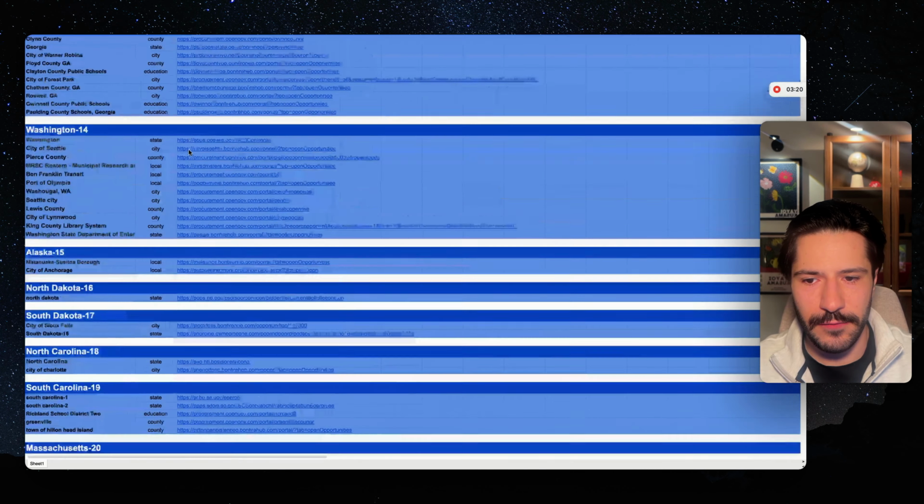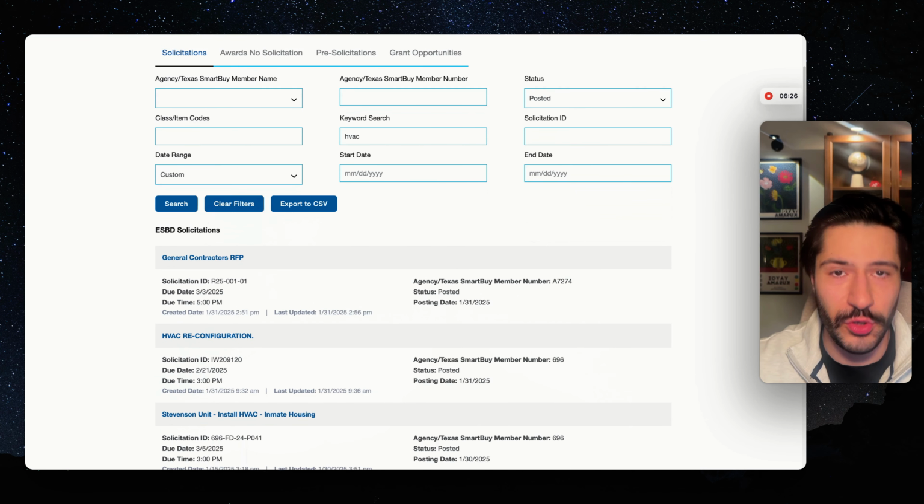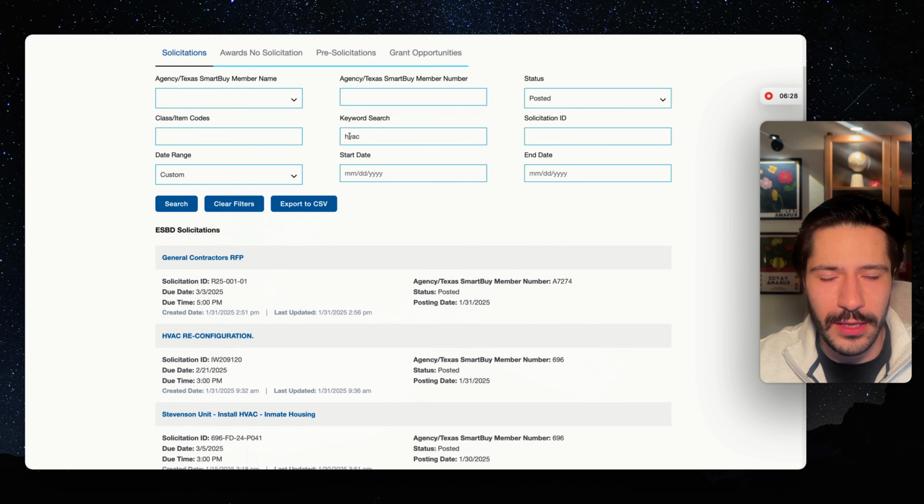Now, as you see, there are a lot of websites. As I've mentioned, there are 200 plus. And if you want to do business, in some cases like this one, it's not easy to actually find a contract in your niche. And even as you saw in the state of Texas, which is considered a really nice procurement website, you might not be able to find keywords for your business, but you might have opportunities. Like this one, for example, does not have the word HVAC. So you might miss really valuable opportunities. And great opportunities in government contracting don't come along so easily and so often.